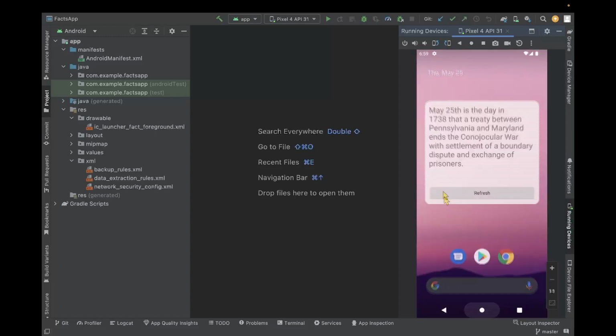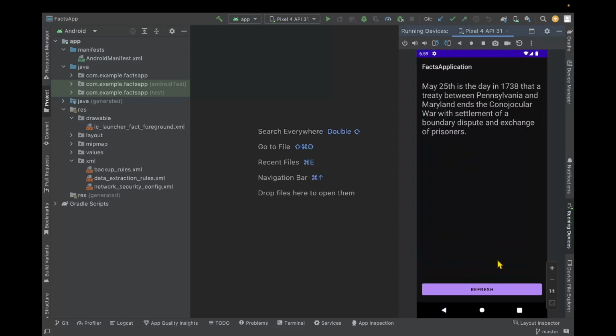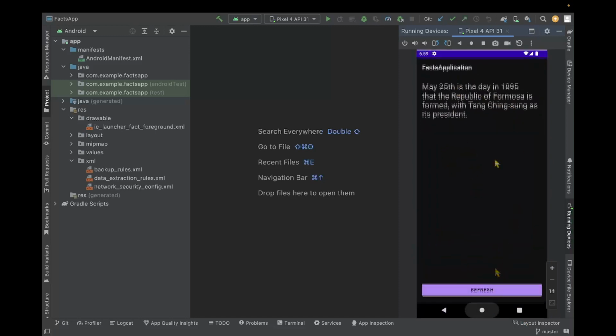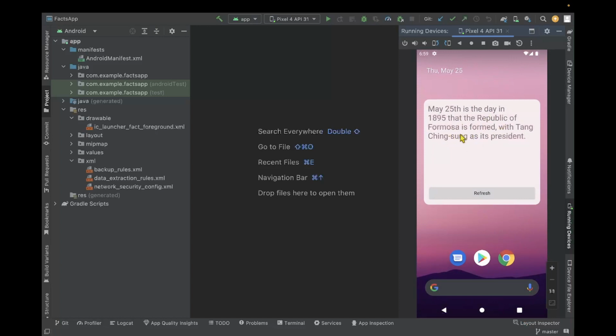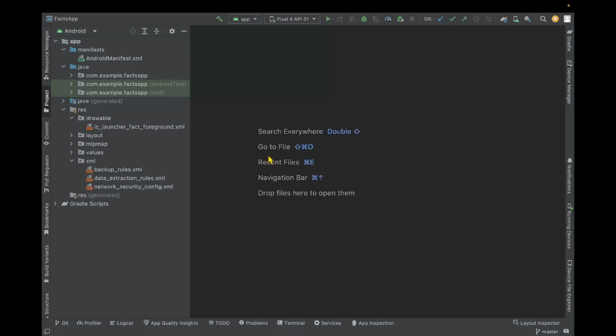application. So what we're going to do is create this little widget. I'm not going to style the UI, I'm just going to show you how to make it refresh data manually, periodically, and even if we, for instance, refresh data here, okay, Republic of Formosa, as you can see, it's refreshed here. So I'm going to close this